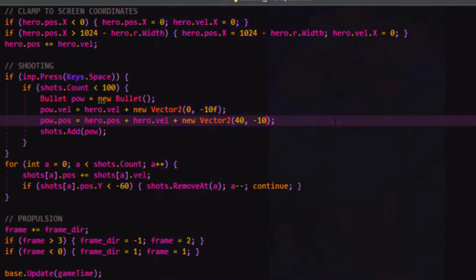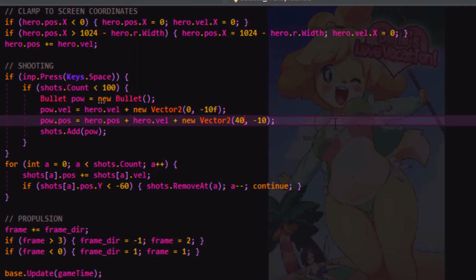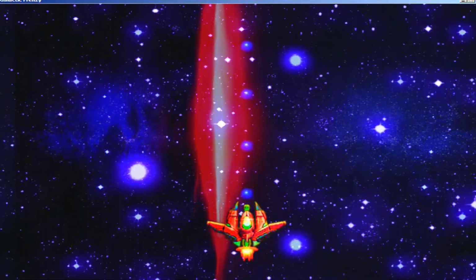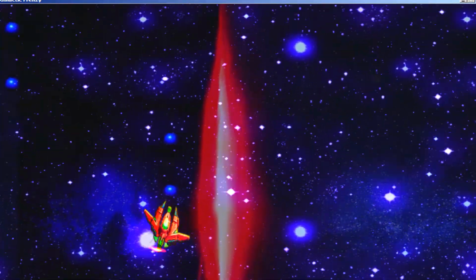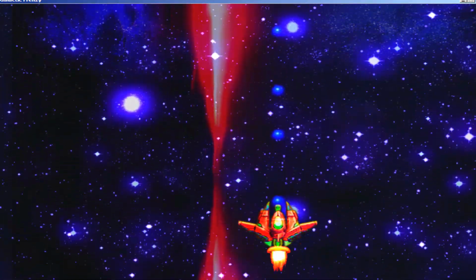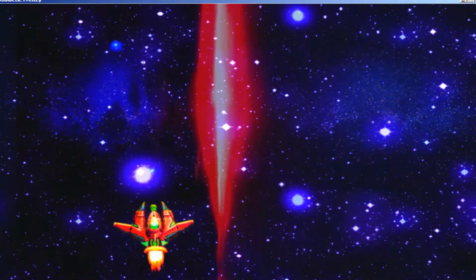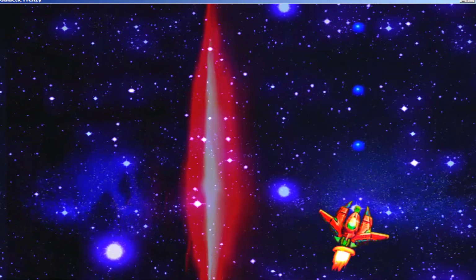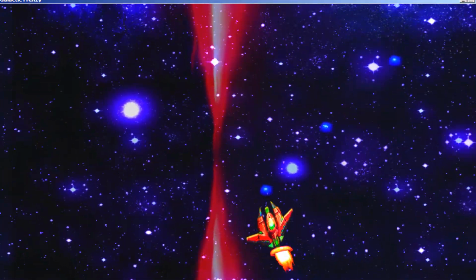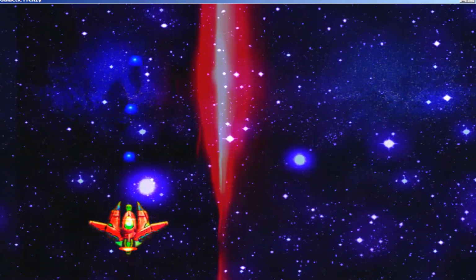Okay, going back up to where we had the update where we hit spacebar, I just played with this a bit and I found out that if I put this at 46 minus 12, it seems to start the bullet off pretty close to the right position. I would say exactly in the right position. And you'll notice that bigger one's slightly closer to the ship. That's deliberate because I'm trying to make it look like it's trailing. The shot's trailing a little bit, where the brighter part's kind of at the front of the shot.